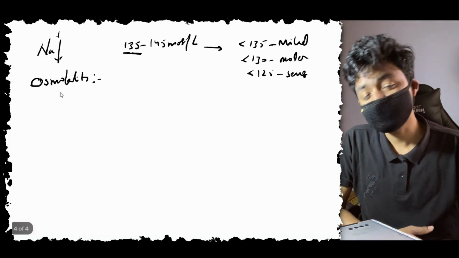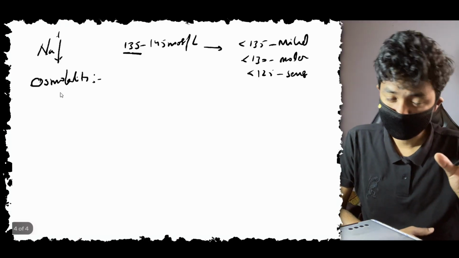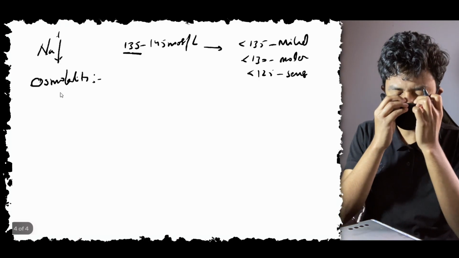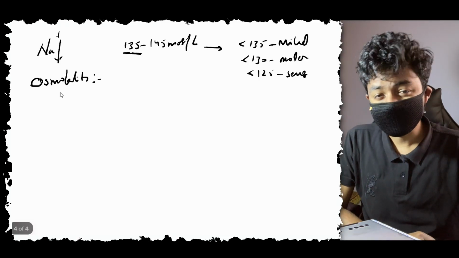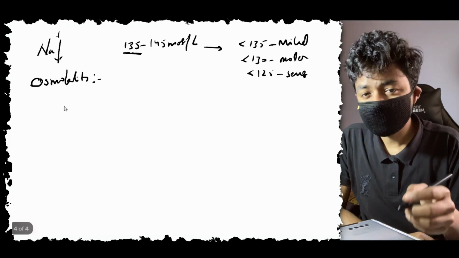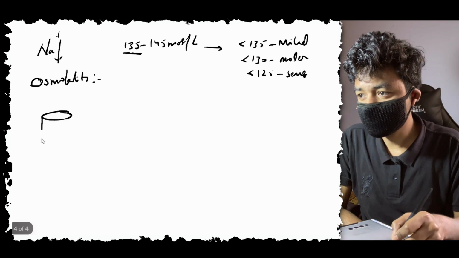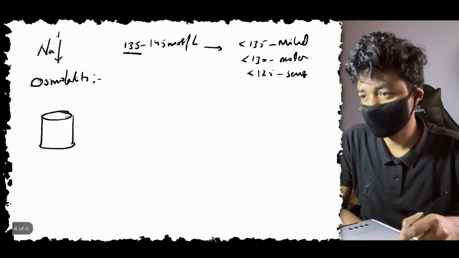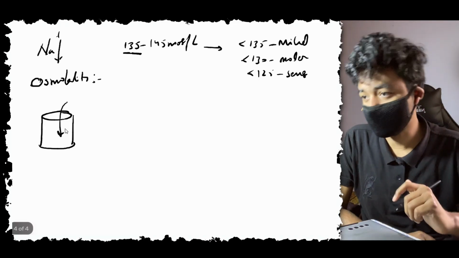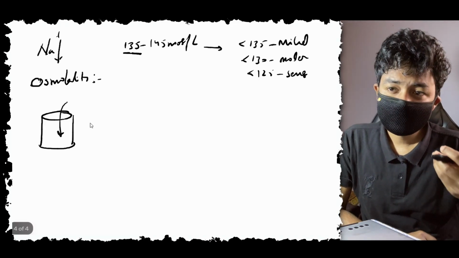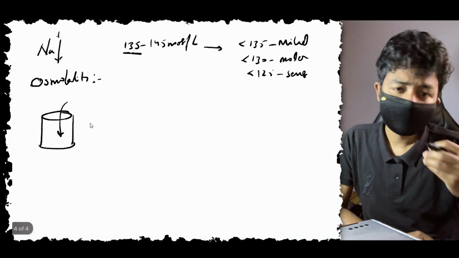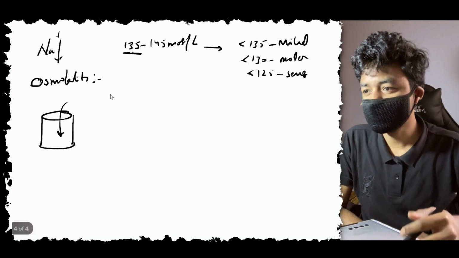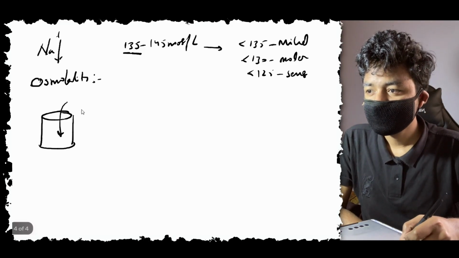Now what is per liter and what is per kg? That is nothing but the number of solutes. Solute means some components in the solvent. Now let's suppose I take one glass of water. This is my one glass of water. Let's take pure distilled water inside this glass. When I say it is pure water, that means apart from H2O molecules, there is nothing else. So that is pure water.